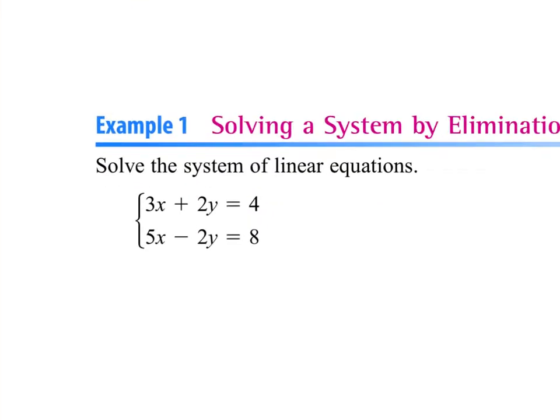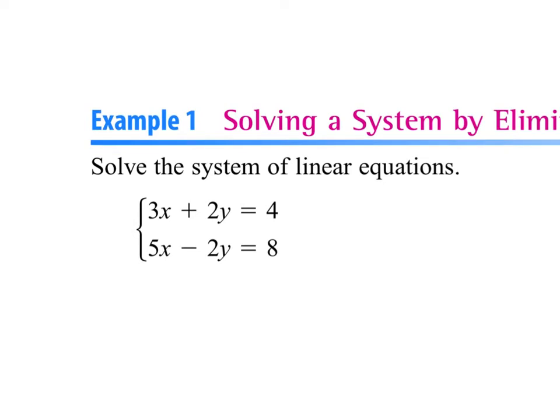So looking at example 1, right off the bat we can eliminate the y's because we have a positive 2 and a negative 2. So we're just going to add everything in our equation together. So what's 3x plus 5x? 8x. 2y minus 2y cancels out. And then this is equal to 4 plus 8, which is 12. Divide both sides by 8. So x is equal to